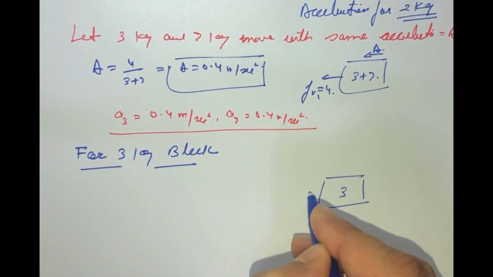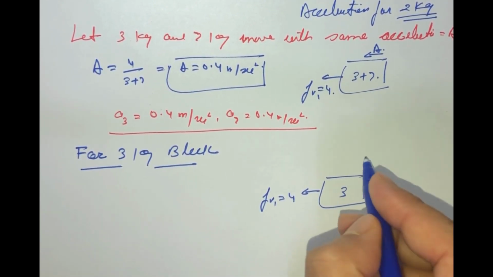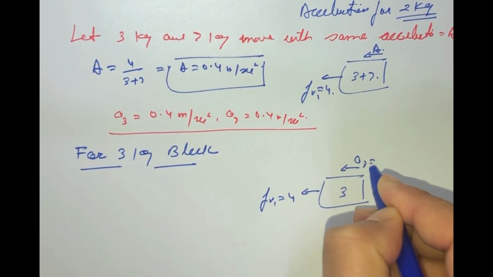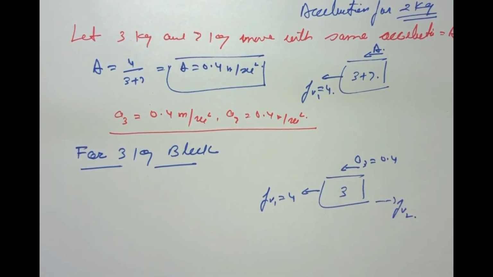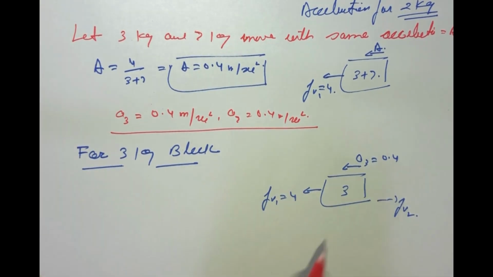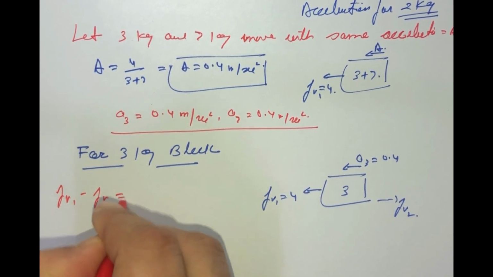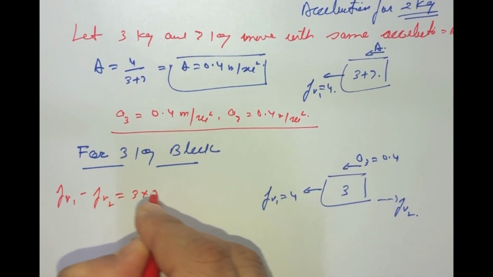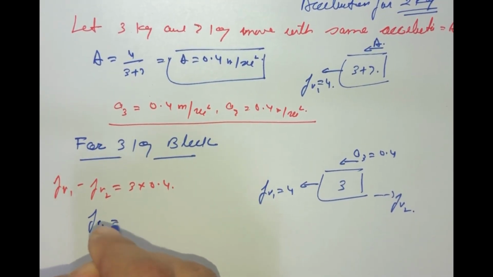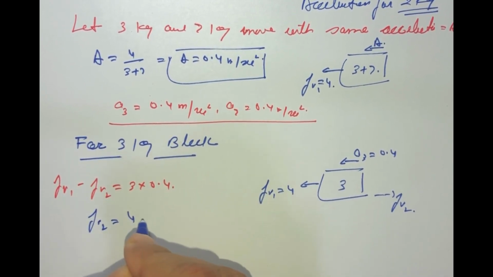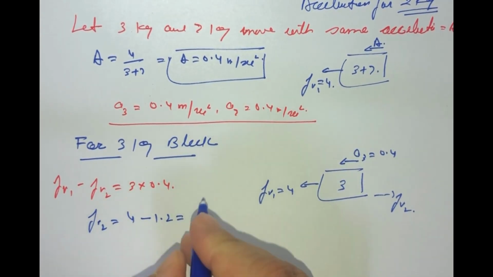This is Fr1 whose value is 4, and it is moving with the acceleration of A3 which is 0.4, and let us find out what will be the value of Fr2. So we can write the equation as Fr1 minus Fr2 will be equal to 3 into 0.4. So we get Fr2 is equal to 4 minus 1.2, and that will be coming as equal to 2.8